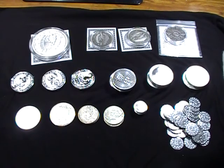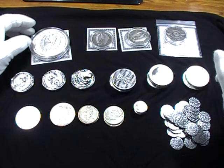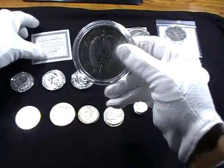Okay, it's been a long time and this is well overdue, but this is the Silver Stack of the Month for March of 2017. And today is April the 13th of 2017, Monday, Thursday. Okay, well, maybe I shouldn't be doing silver on Monday, Thursday, but in any case, what we have here is